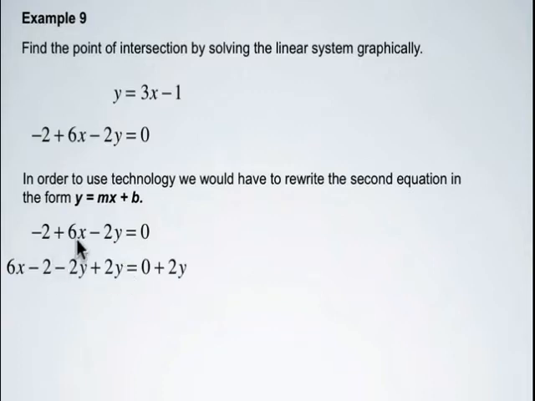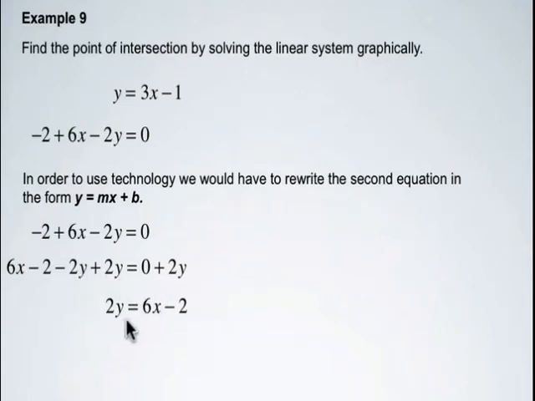We could instead subtract 6x and add 2 to both sides if we wanted to, and then divide by -2, but this way is a little bit easier. And so the right side of this equation, I'm going to switch over to the left side of the next line, and 0 plus 2y is 2y, and 6x minus 2 minus 2y plus 2y simplifies to be 6x minus